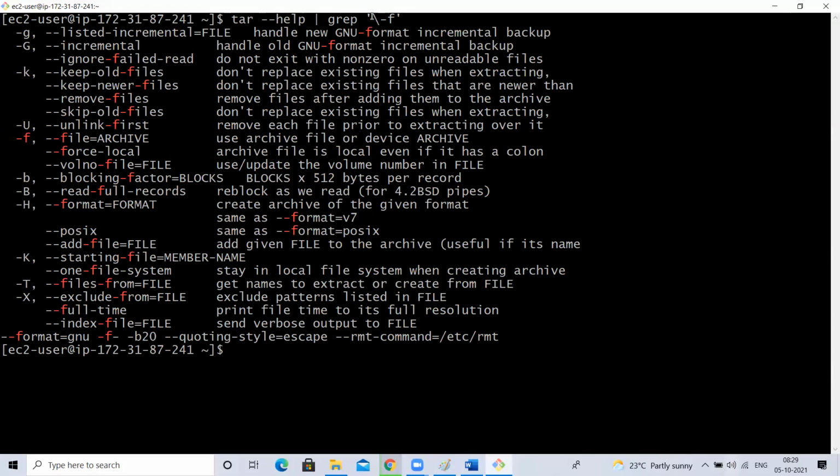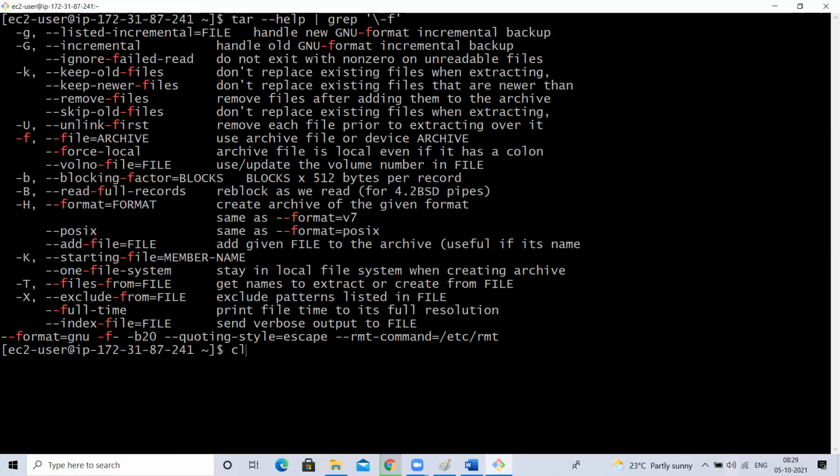So if I use an escape symbol, because it is treating the hyphen as a special symbol, what should I do? I have to use an escape character to treat it as normal text. So I use this. Now wherever hyphen f is there, it is showing everything. So hyphen f means file. You are archiving a file.